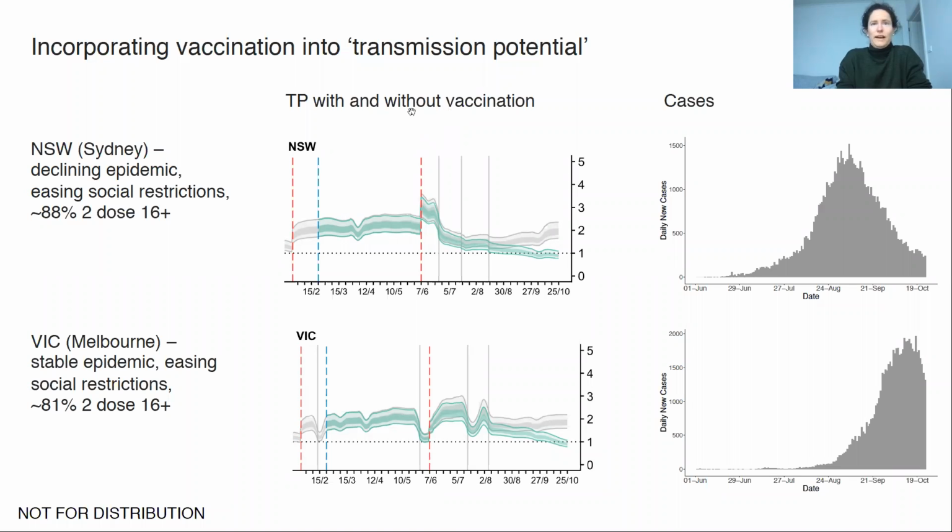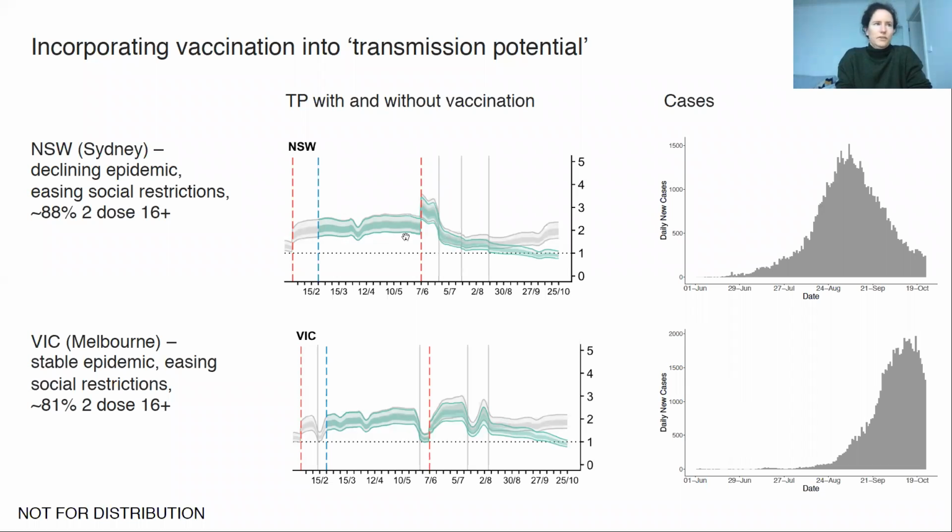Transmission potential without vaccination, that's just varying mostly in response to changes in people's behaviour, so macro and micro distancing behaviour, is shown in the grey. And I've put the case counts since the 1st of June for both New South Wales and